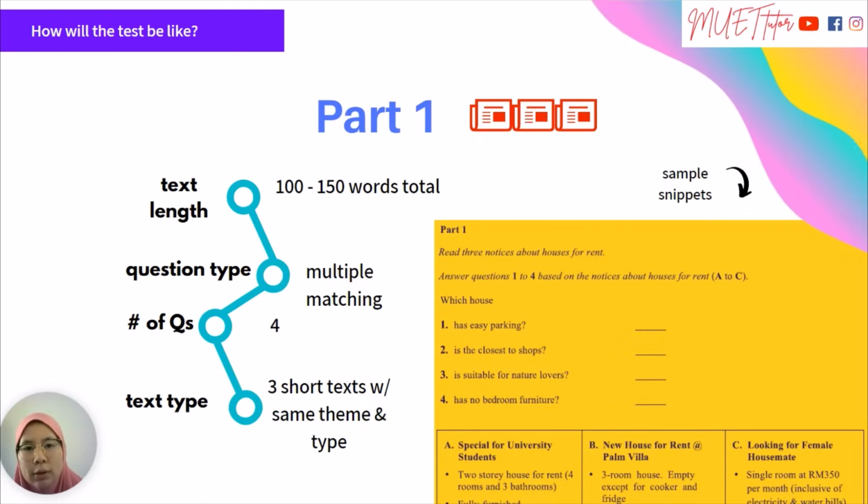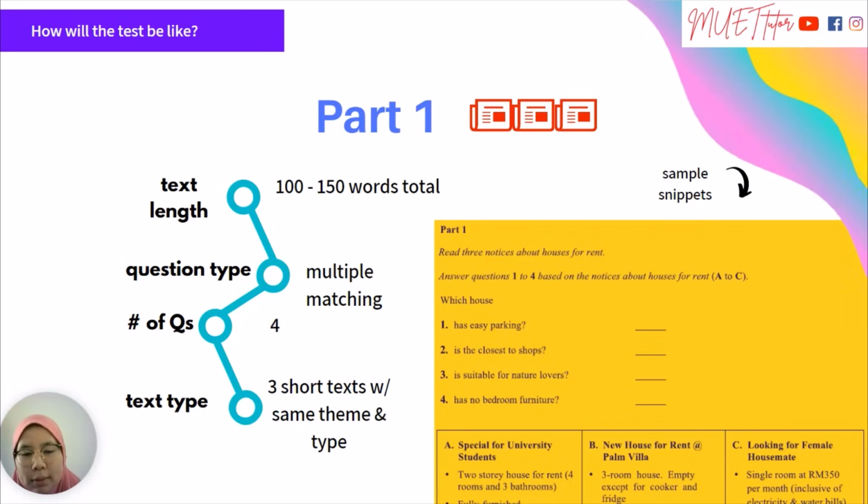In part 1, you'll see 4 multiple matching questions, and below that you'll have 3 short texts with the same theme and type with about 100 to 150 words in total length. The 3 texts could either be advertisements like flyers or brochures, announcements, notices, short official documents, signs, labels, directories, prospectuses,